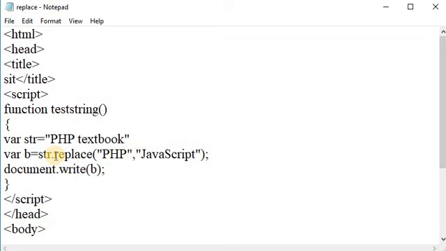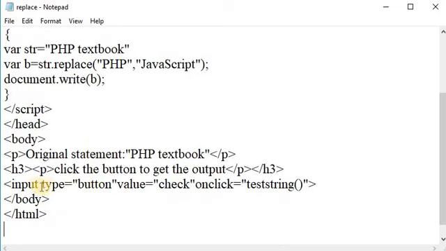In this statement, the replace function is invoked on the given string, and the first parameter, PHP, is the word which is going to be replaced, and the second parameter, JavaScript, is the word which will replace the old word, PHP, in the given text. And this result will be printed by using the document.write method and the variable.